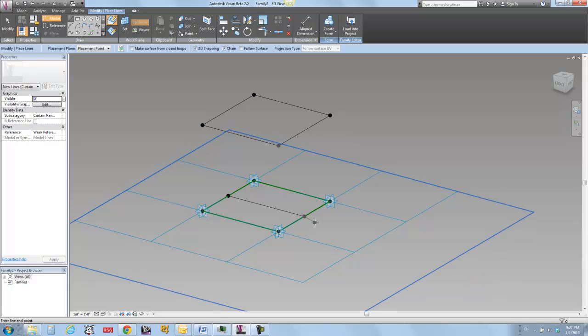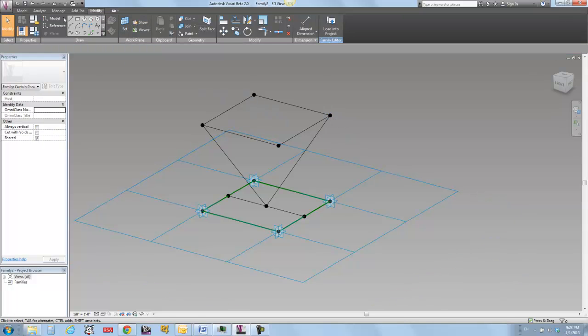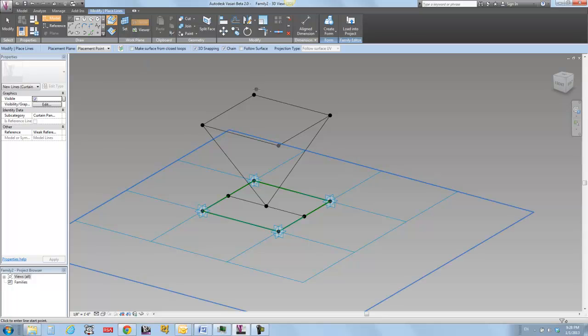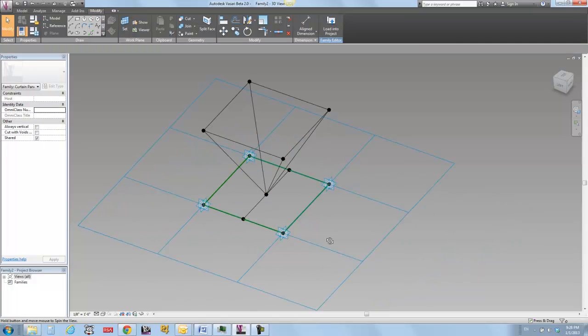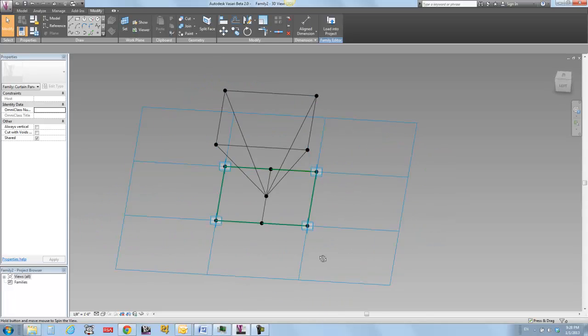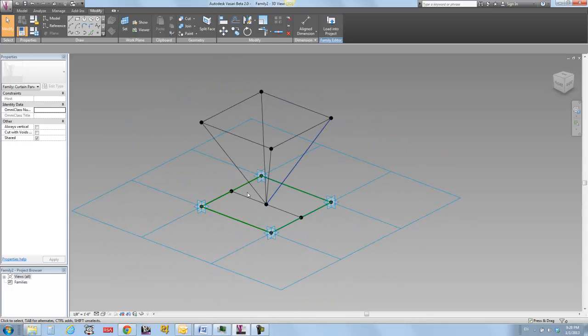I'm going to snap to the middle of each one of those lines, and then I'm going to make myself a little triangulated doodad where I snap to the middle of that line and then snap to the end. And I'm going to do that one more time. Oops, I just lost it. I'm going to snap to the corner, snap to the middle, snap to the top. Kabam. Now, this may or may not be the space frame that you're looking for, but this is a start,